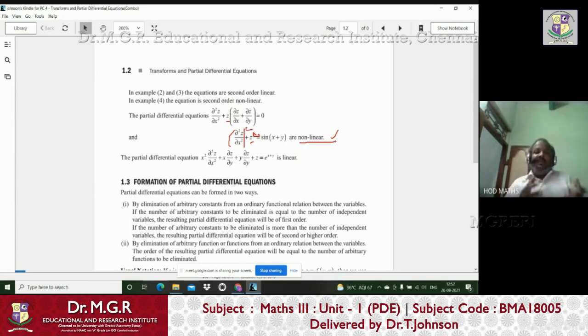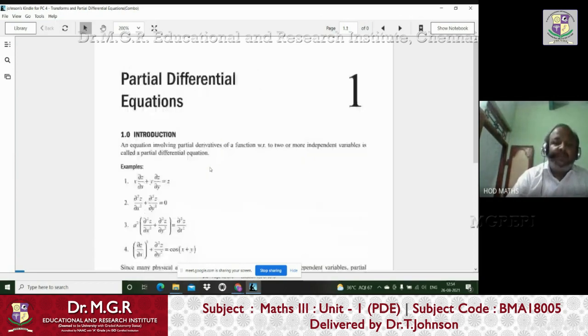But you don't bother about all this linear, non-linear, because when you're doing problems, it does not really matter. So only for understanding purpose I'm telling. But if you look at the third one, it is linear. Why? Because here you may say, sir, x square is there, but x and y are independent variables, not dependent variables. So it is still linear. If it is z square then the problem comes, but it is only the independent variables x and y, so you don't bother. You have to bother only about the power of the derivatives, but the power of the derivatives is only 1 here, here also 1, here also 1. So it is a linear equation.